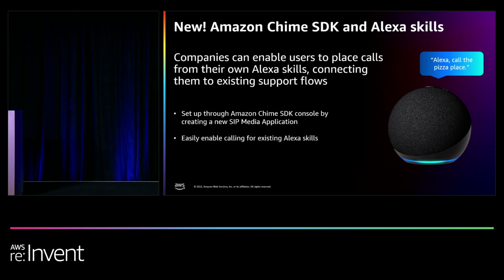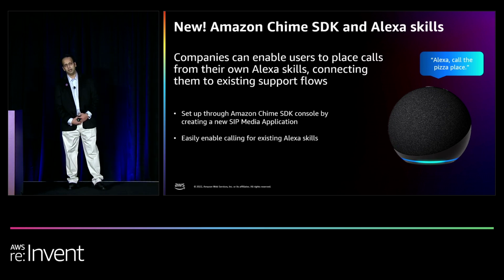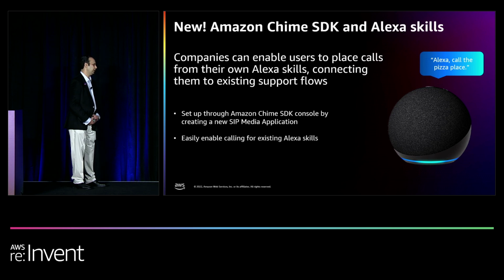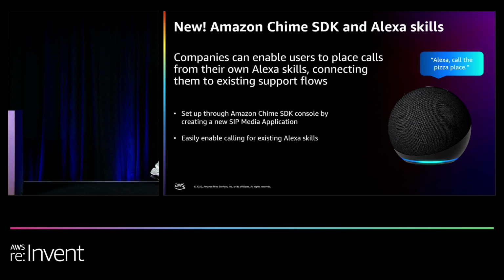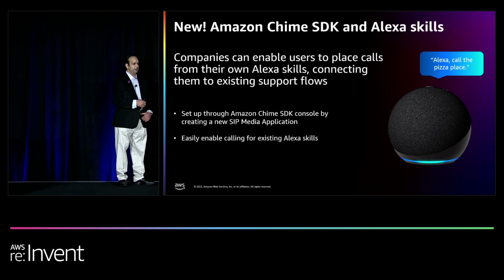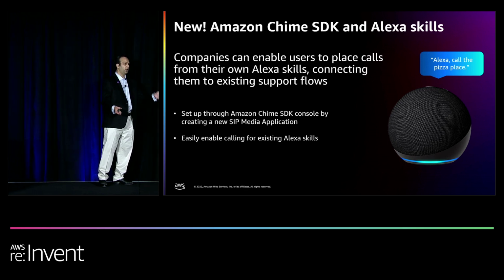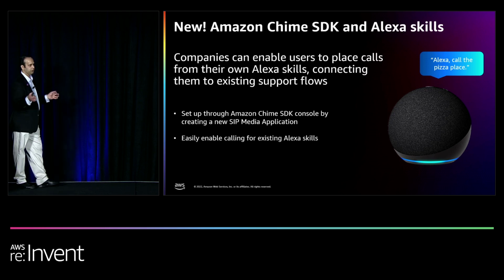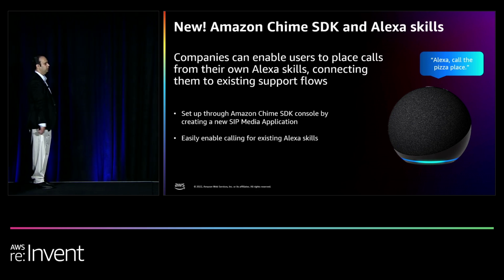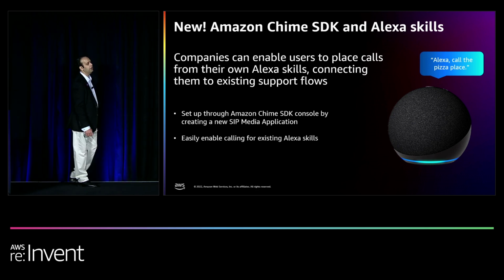So at re:Invent this year, we launched the ability for Alexa Skills to reach organizations using an Echo or Alexa-powered device. So classic example of that is, "Alexa, ask my insurance skill to call my agent," for example. And it'll just initiate basically a call directly to the agent, directly from your Echo. No phone numbers to write down, no callbacks to initiate, no signups or authentication flows, nothing of that sort. It's just a simple ability to engage an organization directly using the Echo device that is sitting in your kitchen.